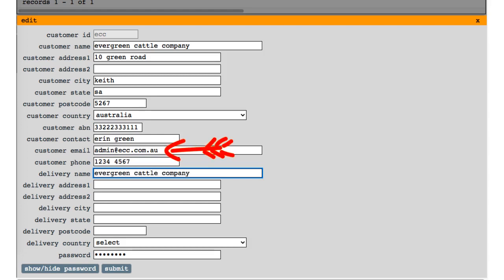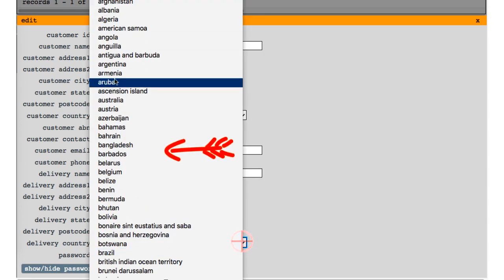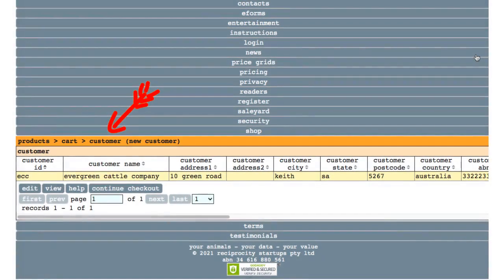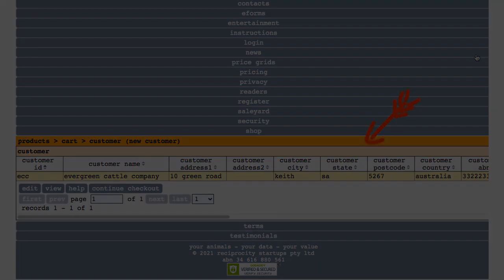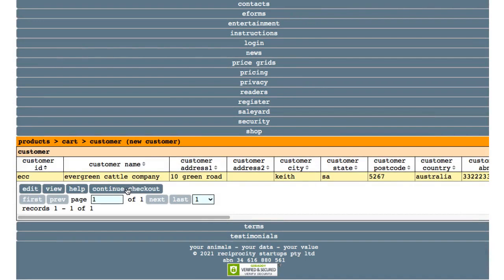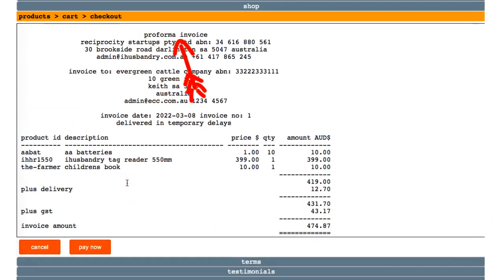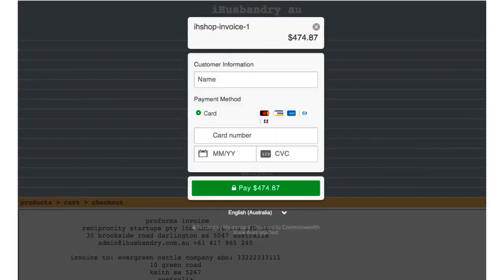The customer email address is important for communication and forgotten password purposes. The shopping cart customer grid interface provides Edit, View, Help and Continue checkout buttons. Click the orange navigation header to abort the checkout. Clicking the Continue Checkout button shows a pro forma invoice from which the customer can cancel the order or click